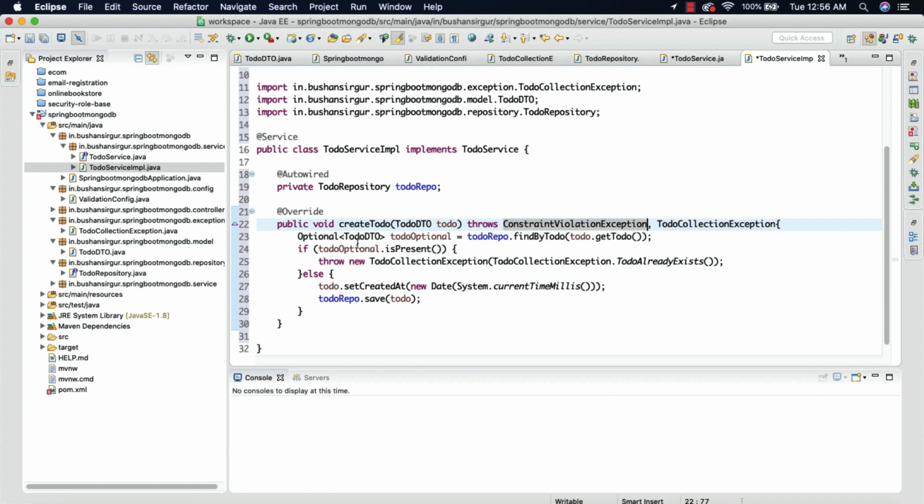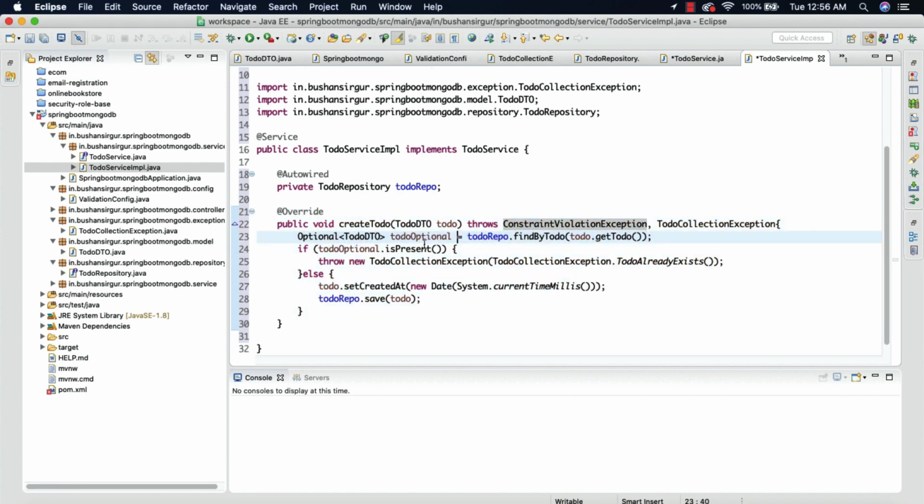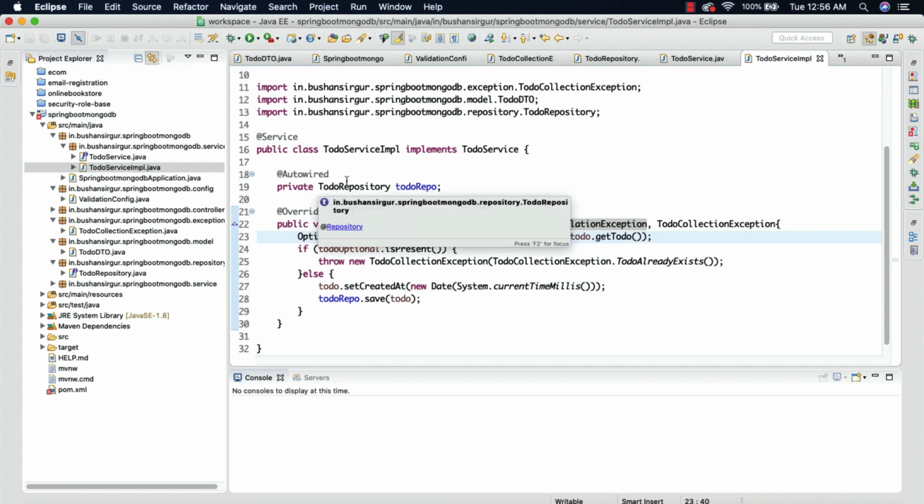Okay, so now we have created a service method, and we are throwing that exception if the user is trying to save the duplicate toDo. Okay, so let's save this, and in the next video we are going to refactor our controller, and we are going to test our work. So that is coming up in the next video. I will see you in the next video.